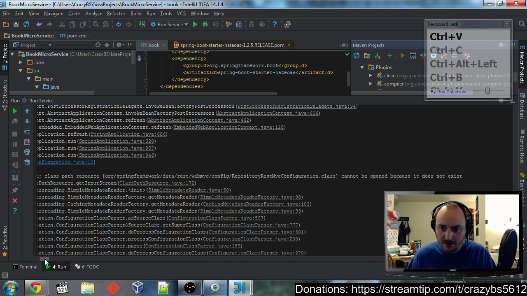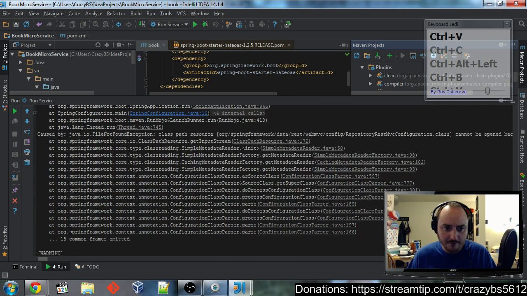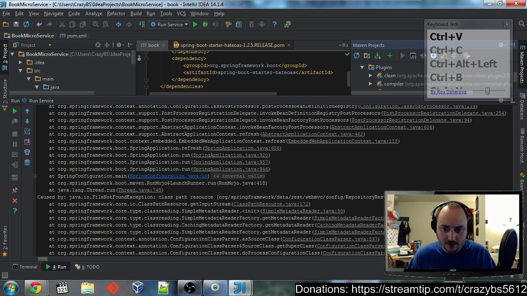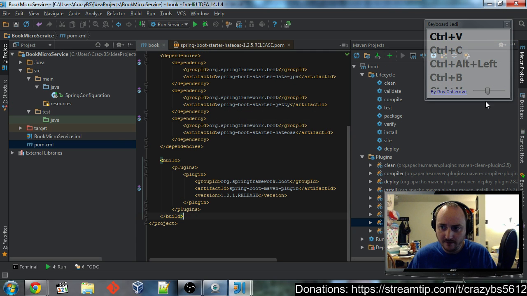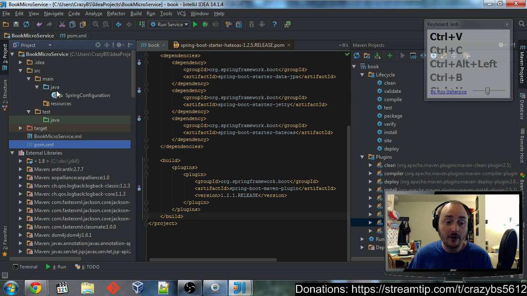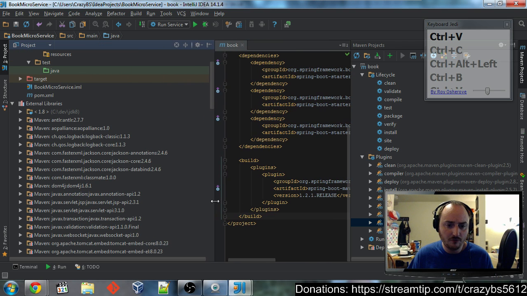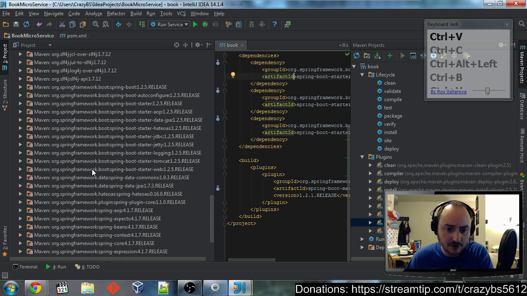Repository REST MVC configuration acting like it does not exist. Well, could be because I don't have any. Could be a couple things. One, I don't have any actual repositories and or entities, so I'm going to go ahead and create those in a second. The second reason it might not be starting is a lot of times when you just kind of go by faith and cross your fingers without any specific versioning, what will happen is it will add into your project